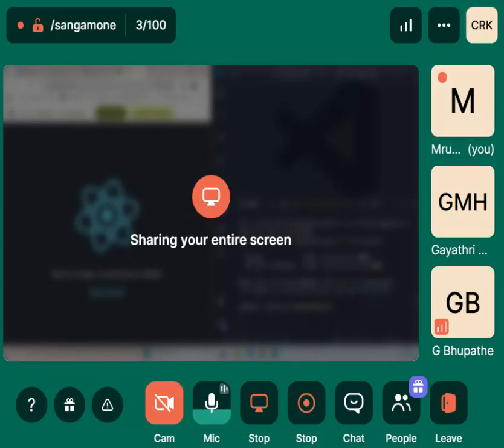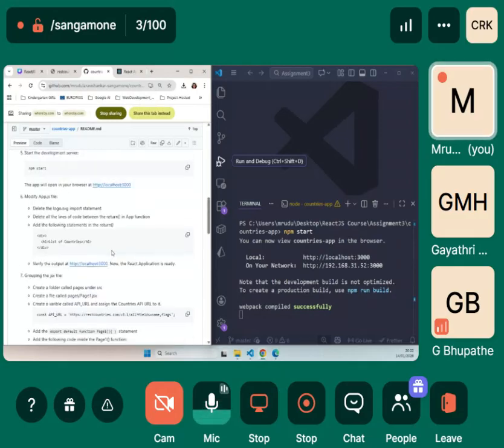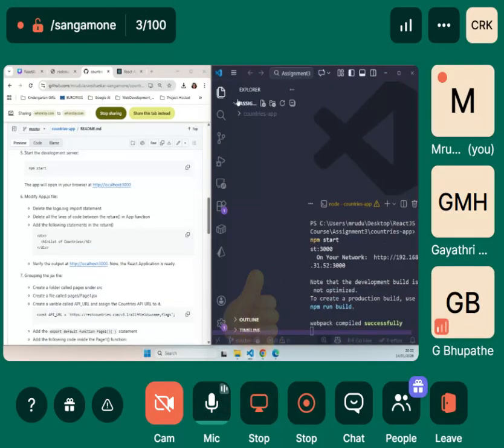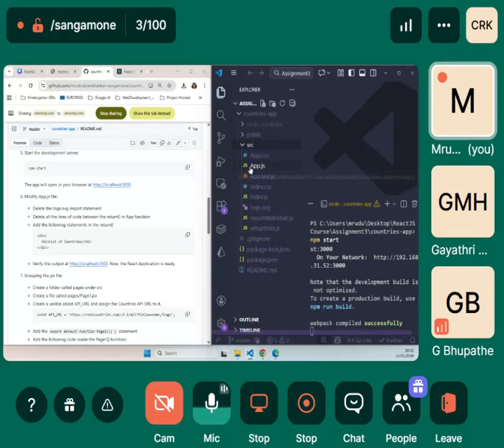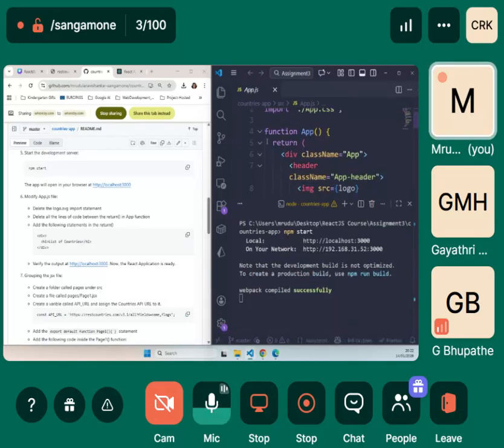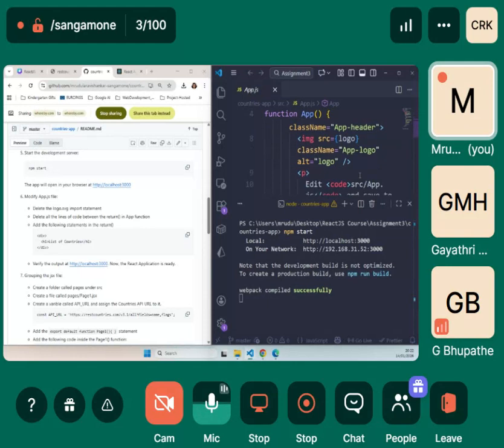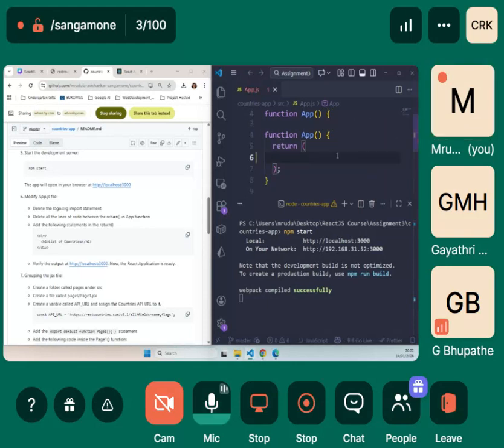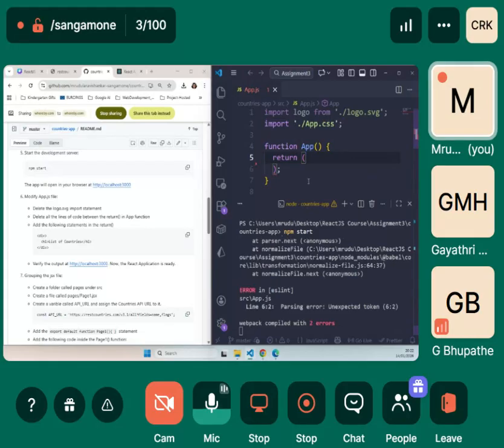Yeah. So what we are supposed to do next, we are going to modify app.js. Navigate to file explorer, go to countries, inside src, we are going to app.js, and then we are going to delete everything from line 6 to line 21. Now it is going to give us an error because return cannot be empty.